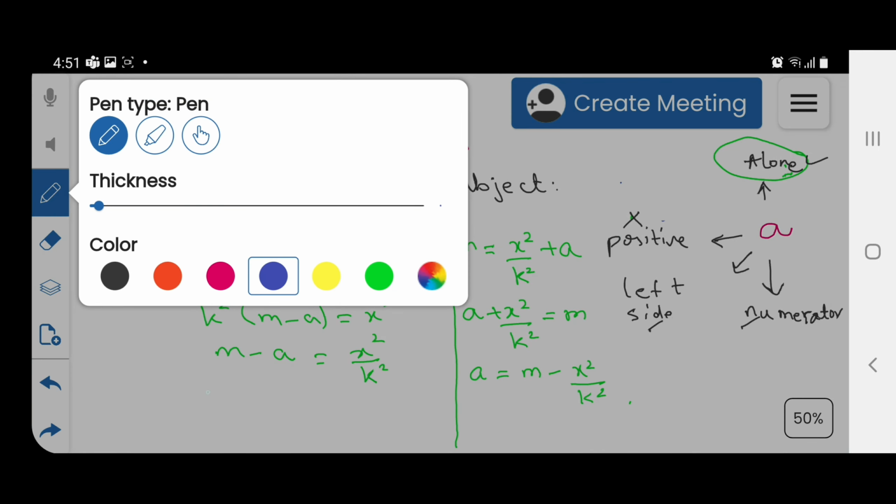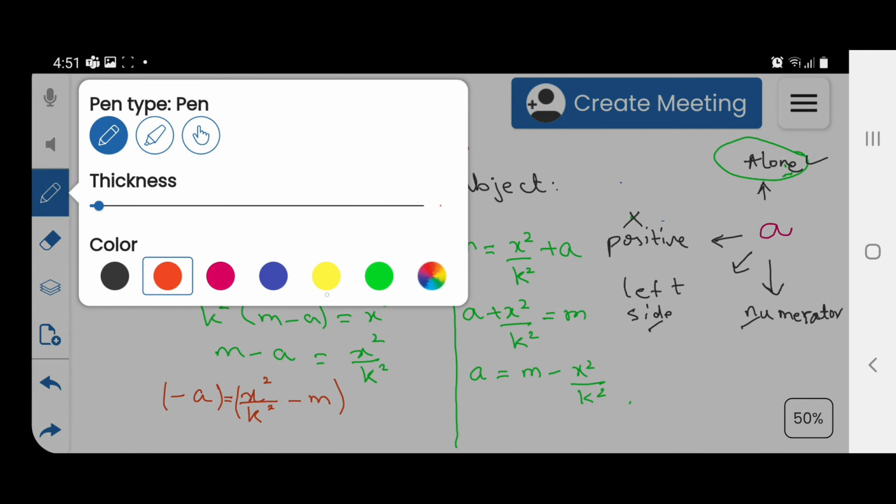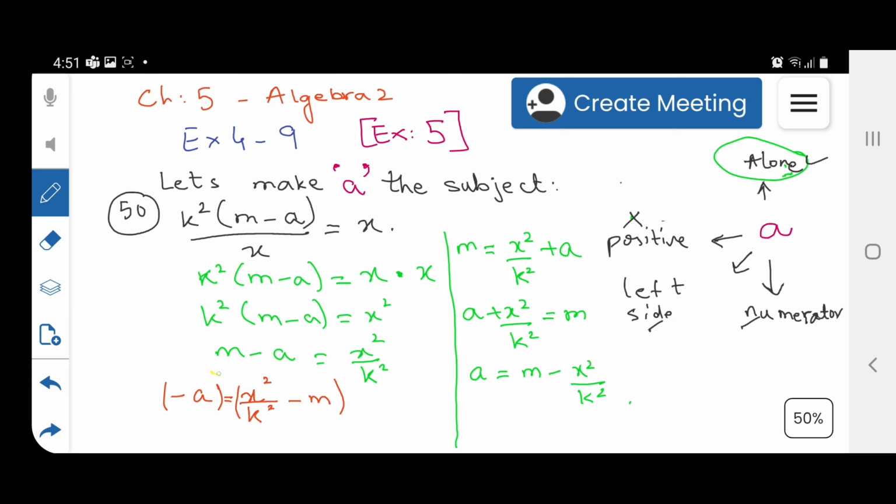Now let's see if we leave it over here and we send m on the other side. So we can say that minus a equals x square upon k square, and this minus on the other side will become minus m. Now we need to make this a positive. How can we make it positive? If we multiply both sides by minus 1,